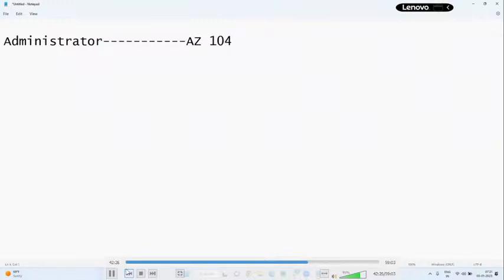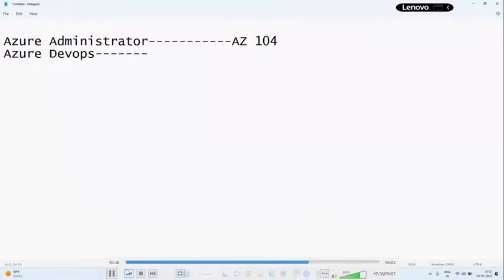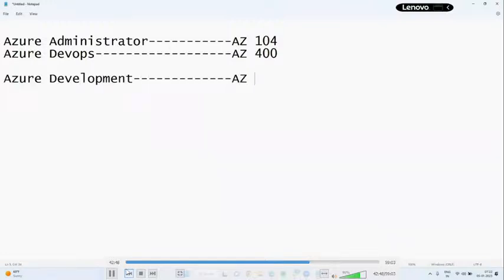Next, Azure DevOps. I can say Azure administration, Azure DevOps. The Azure DevOps certification paper is AZ-400. In the same way, for Azure development we have AZ-204. Next, Azure Architect is AZ-305.